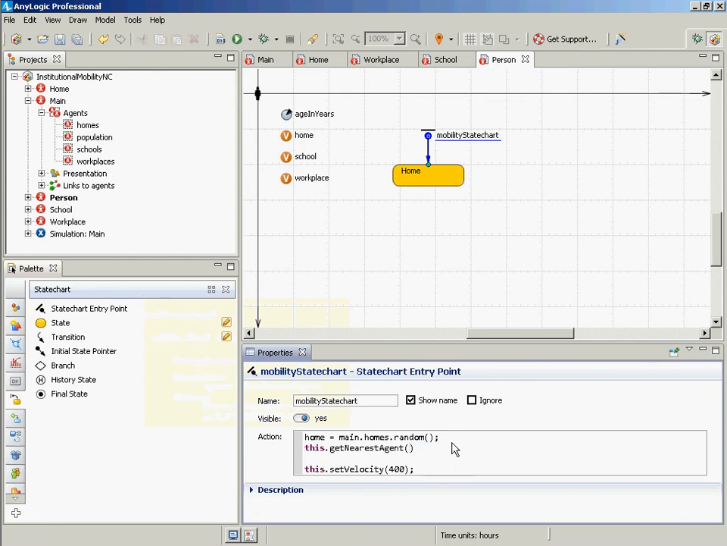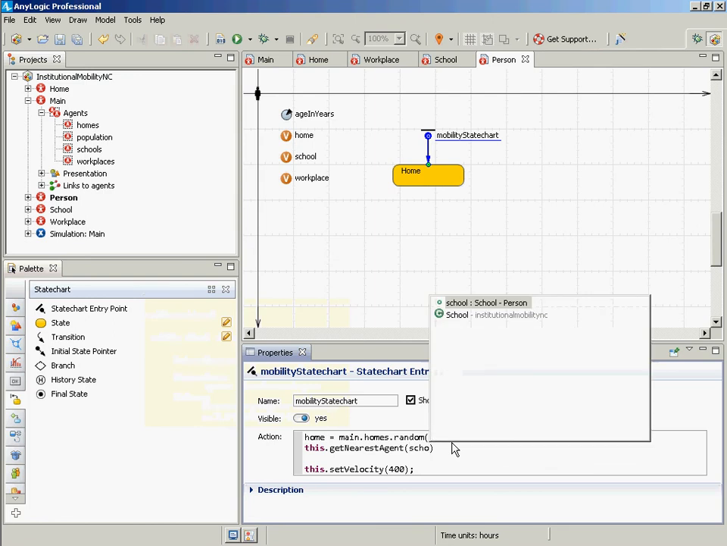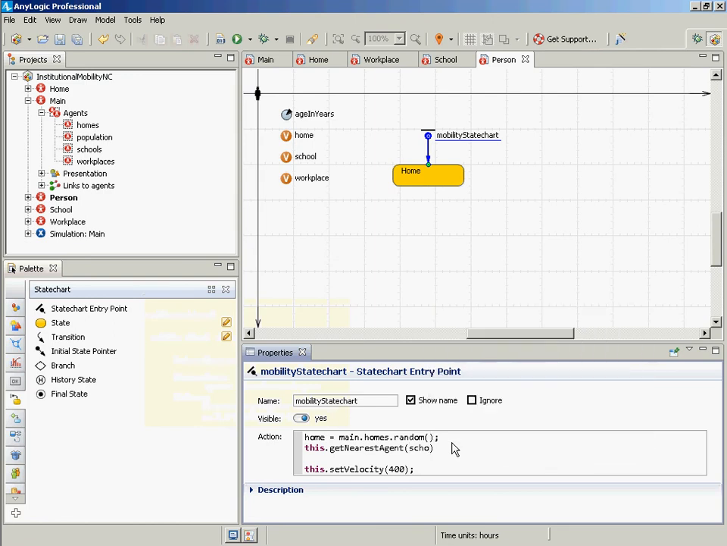What are the agents we want to consider when picking out a school? We want to pick out the schools, yeah. Okay, so main dot schools. Okay, and we don't want to just call that thing, it returns a value, so we want to do something with it. We want to make that our school, okay? But